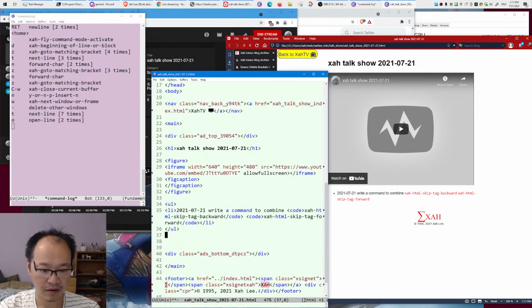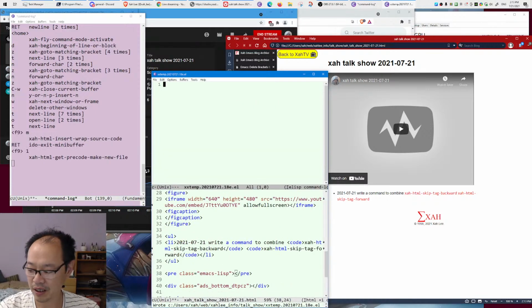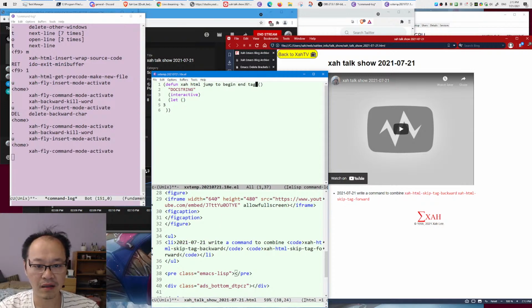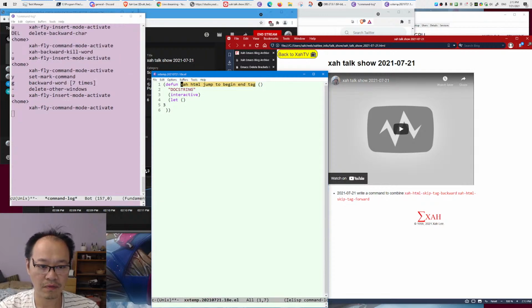Okay, so emacs lisp, start an empty buffer. Then define. Okay. Then xah-html jump to, what's the name? Begin end tag. Okay. So the naming is unsure because